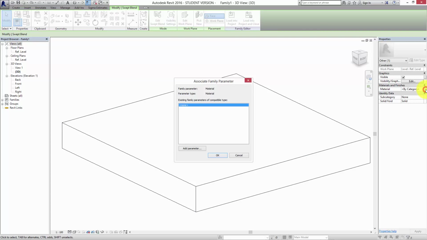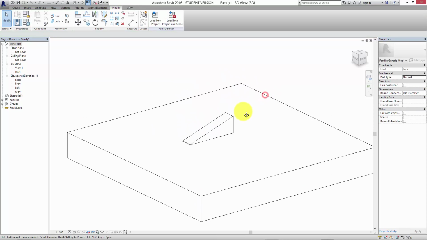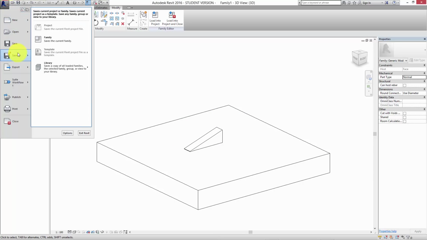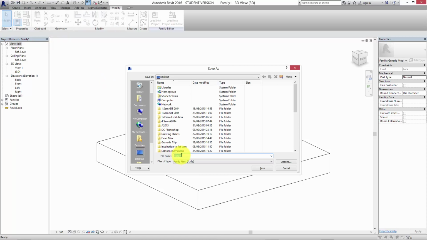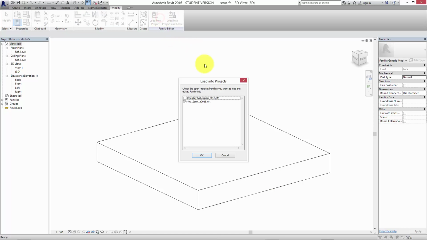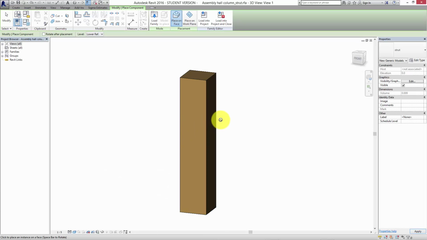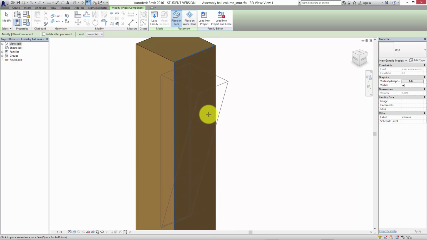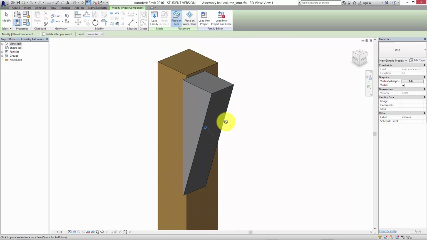What we should really do, well, let's leave that for the moment. Okay, so let's just give that a name. So save as family, desktop. I'm going to call this strut, and load it into the assembly hall column. So it comes in here like this, and you can use the space bar to orientate it correctly. Okay, so I'm going to just place it so it's in the right position first of all,